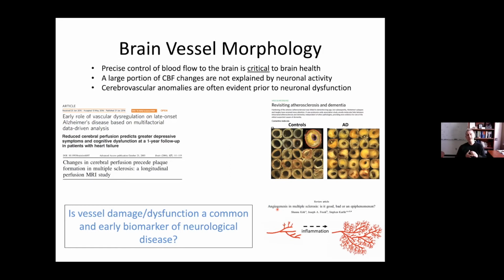And so we decided to look at whether or not dysfunction of the blood vessels themselves could explain different types of neurological disorders. Now, we've known for some time that vascular features of the brain show up before pathology, but we were curious to go a bit further and find out, well, what aspect of the blood vessel could be changing?